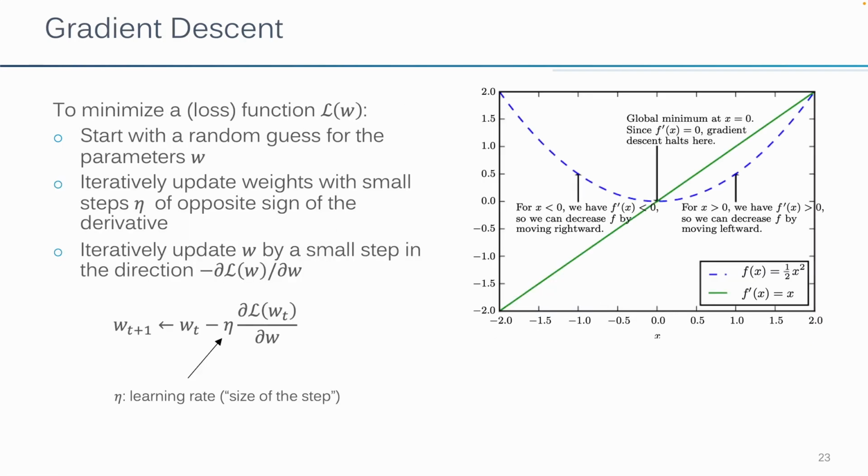So to minimize the loss function, first we take a random guess for the parameters. That means we're initializing the network with a random guess for the parameters. For example, some normal distribution, and we can put the layer size in accordance to that. There are some regularization terms to do that, but basically it's just randomly initialized according to some normal distribution around 0. And then we want to optimize each of the weights by the opposite sign of the derivative of the loss